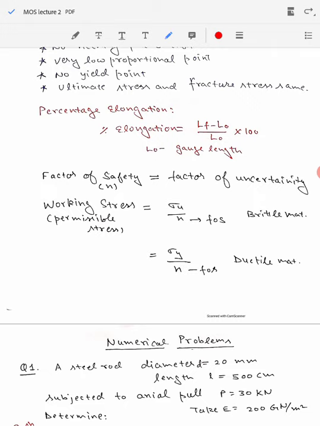Another very important term here is factor of safety. This term is very important for the design of the components. We also call it a factor of uncertainty. While obtaining the permissible strength, or rather the strength values for the component, we have obtained, like sigma y for the ductile material, we have taken a specimen of a particular size, while the actual component which is being used in the machine part may be a much bigger component in comparison to what we have used in the specimen.